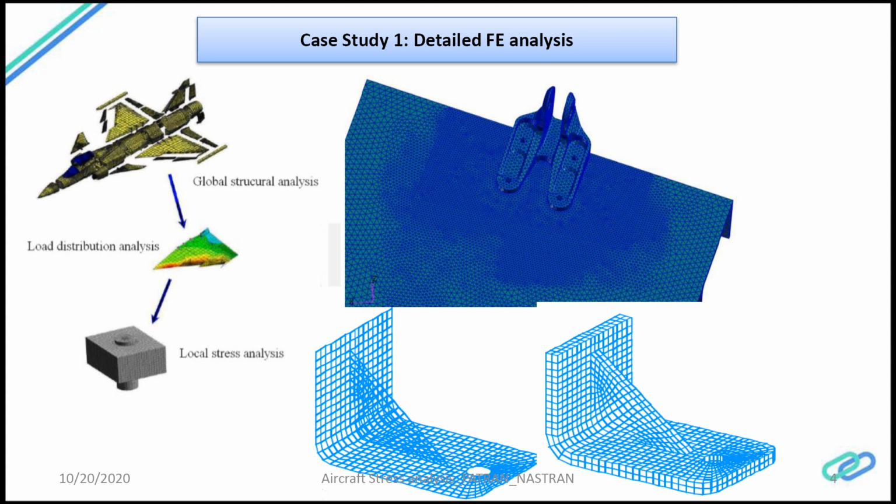If you look at a typical aircraft, the overall global finite element model of the aircraft will be very coarse, because those coarse models will be used just for pulling out the loads. They'll be used only for extraction of loads from the various components or the interfaces within the model. If you go into just the wing section alone, it will be a much finer mesh than the global mesh. And if you go further into just an attachment area within the wing,